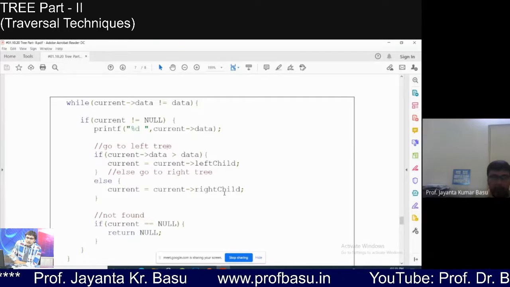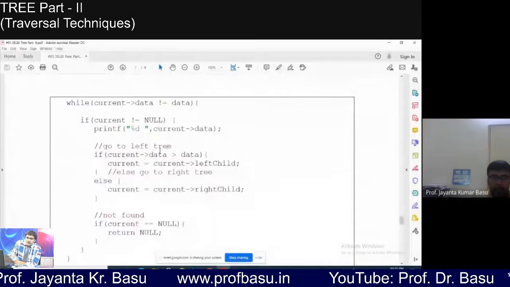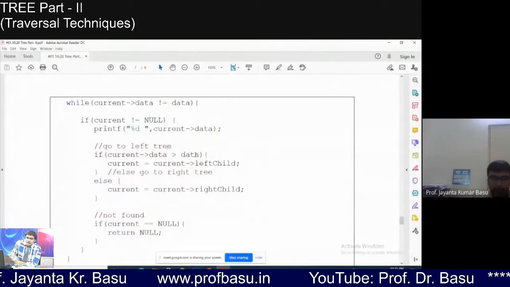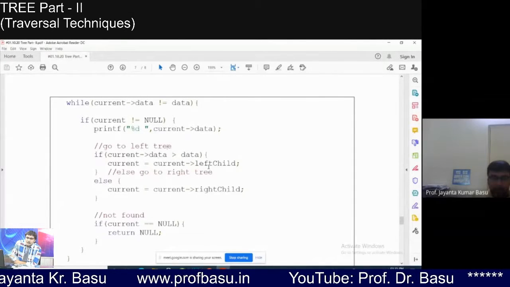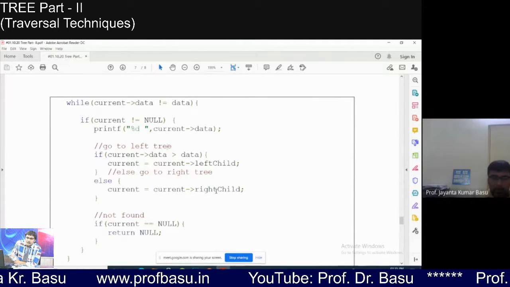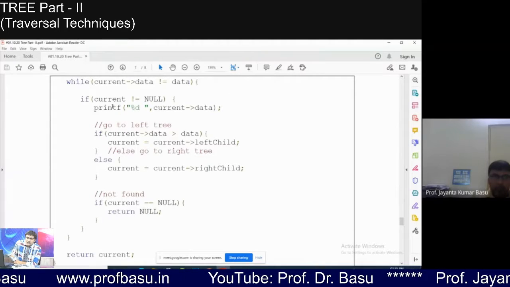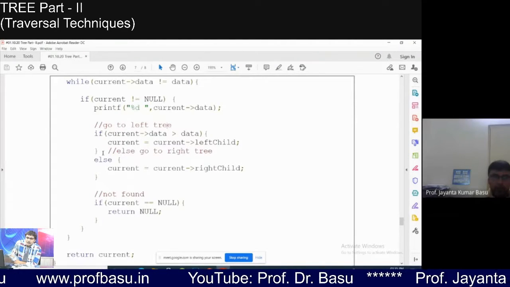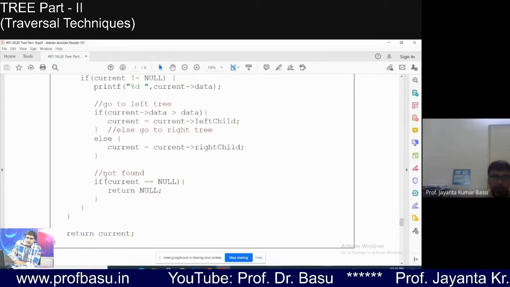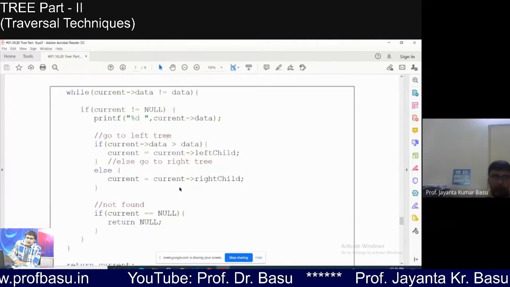Current is current arrow left, or current is current arrow right. This way we check, and when neither part finds it and current is null, we return null if the data is not found.